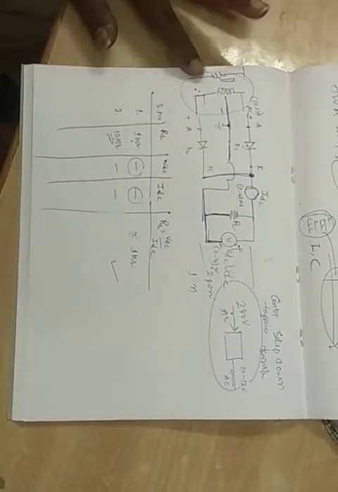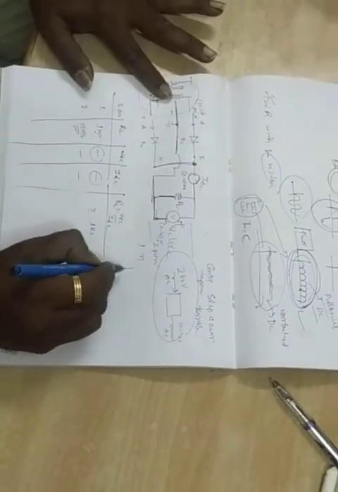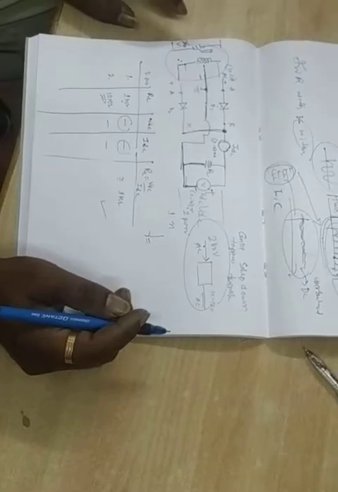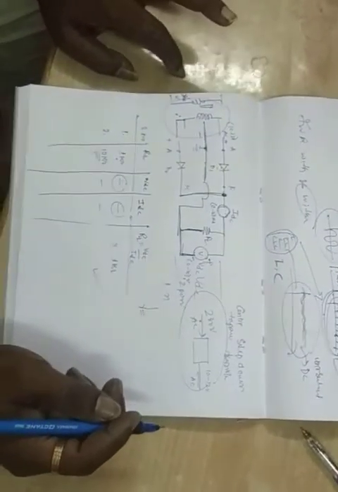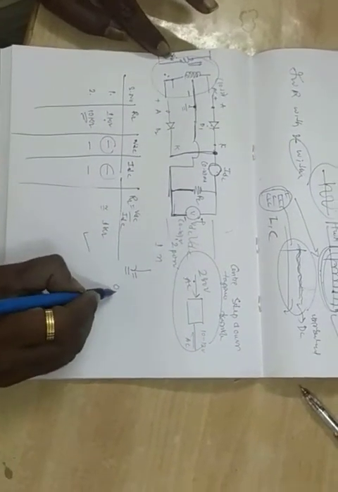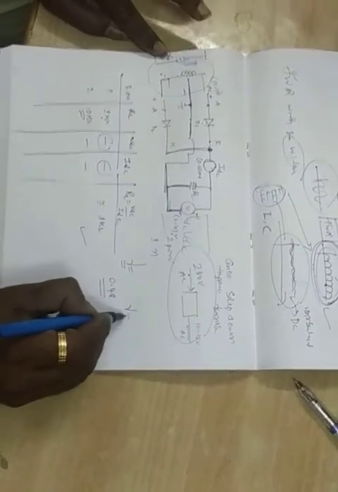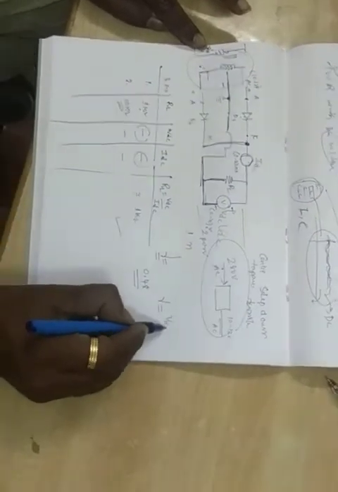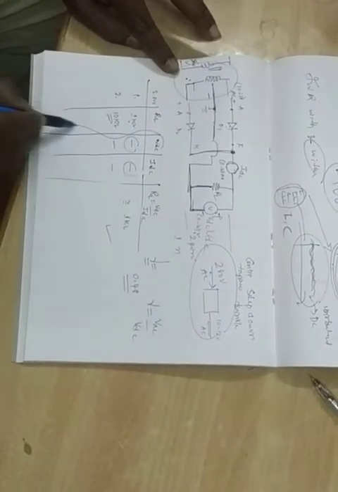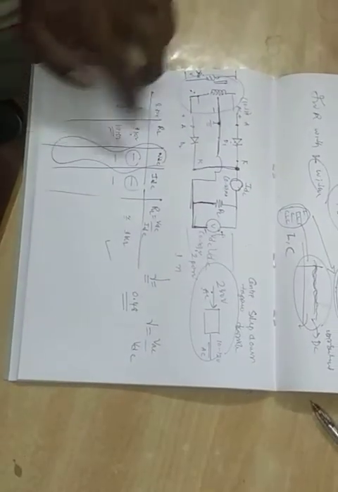Sir. So, in the full wave rectifier, what do we have to calculate? We have to calculate the ripple. Ripple is nothing but the content of AC which is present in the DC level. In the case of a full wave rectifier, the ripple is about 0.48. Ripple gamma is equal to VAC by VDC. VDC we have the value.